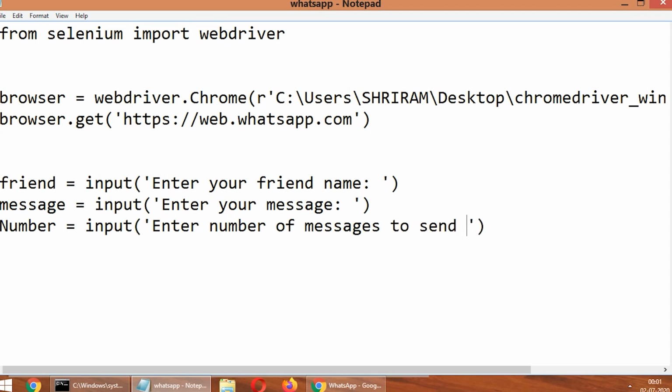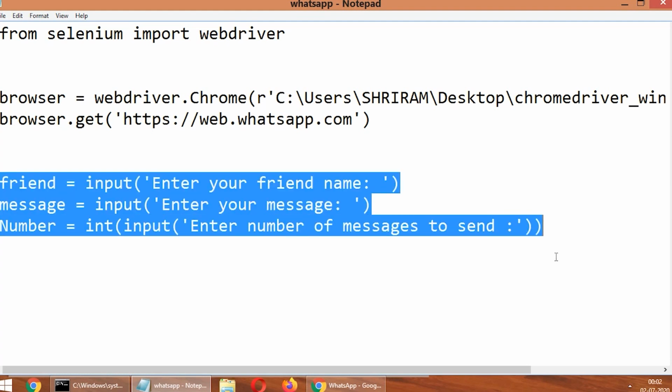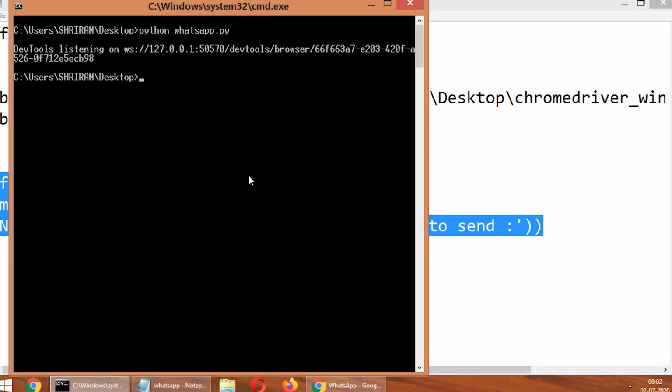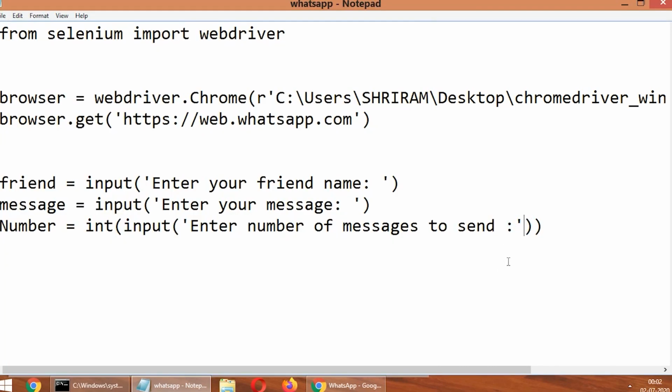Here, it should always take it as an integer value, so I'm explicitly mentioning int. Int is nothing but a number. We mention a number in Python as int. This part of the code will get an input in the command window when we run the program.